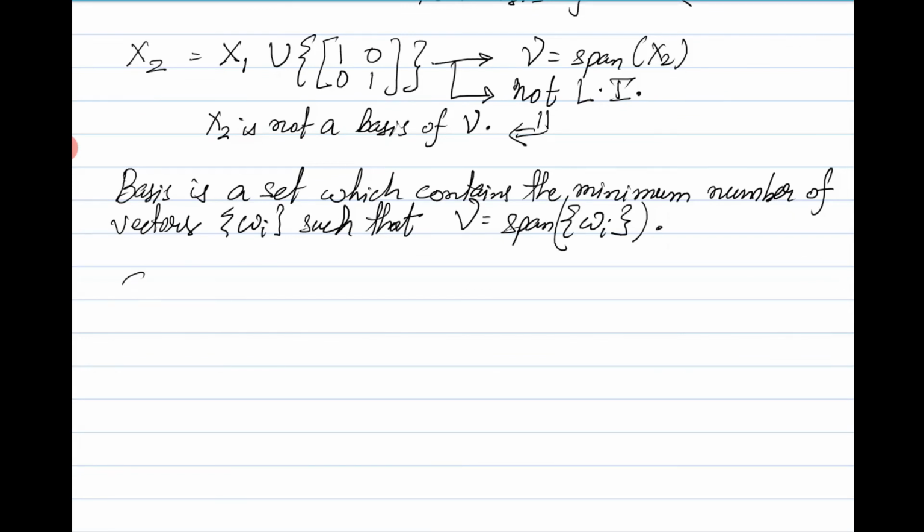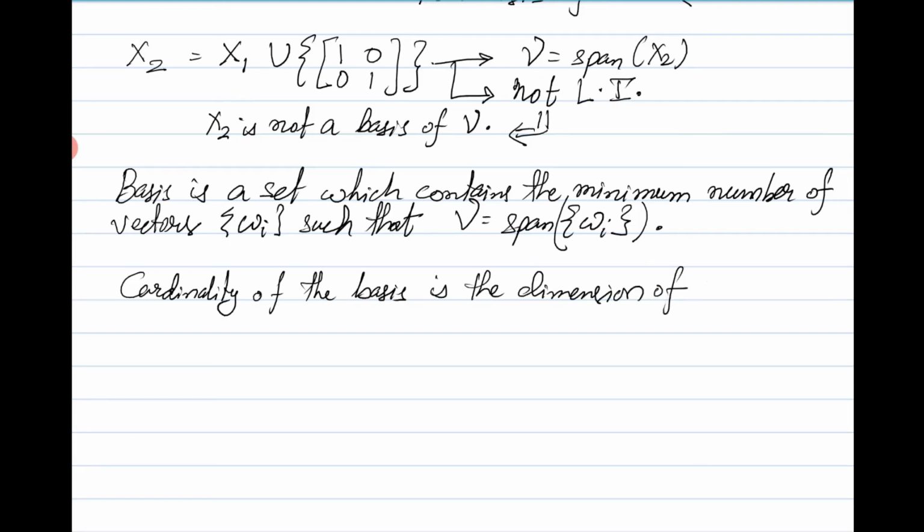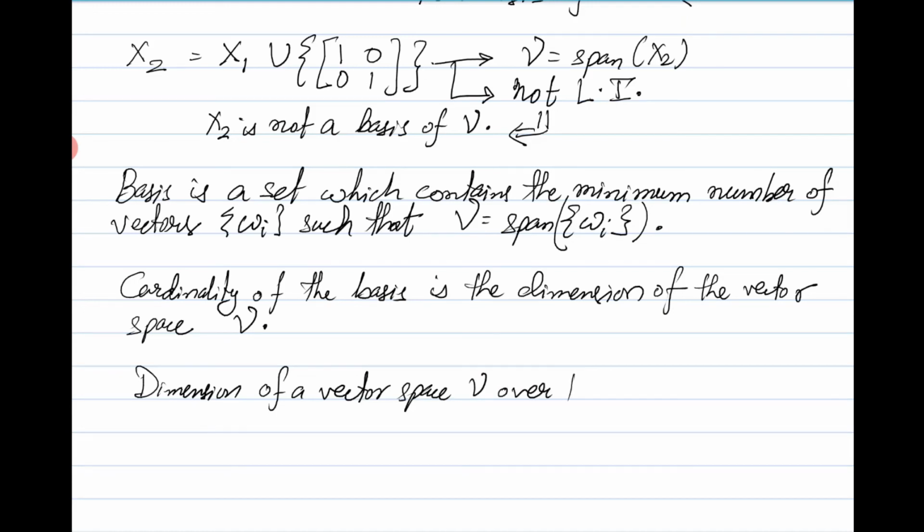The cardinality of the basis is the dimension of the vector space V. So dimension is the number of vectors that are needed to form the basis of a vector space V. So I can write this also as dimension of a vector space V over the field F is the number of